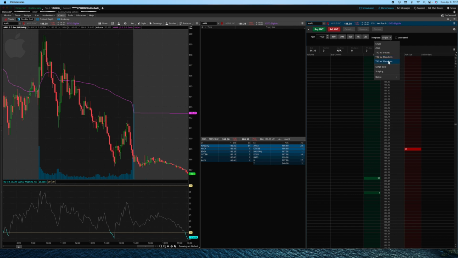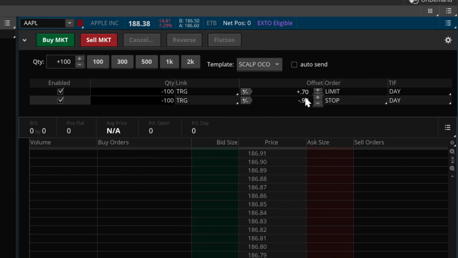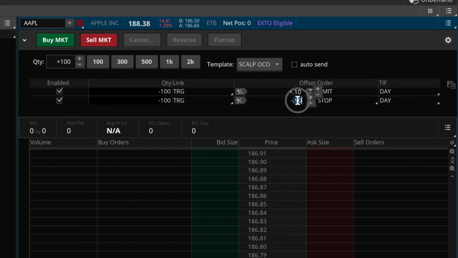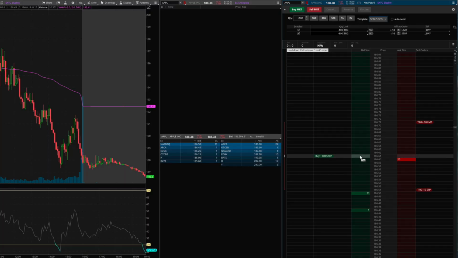One of the ones that I've used in the past is one that I created, which is Scalp OCO. I would use this to get in and out of trades very quickly with a predefined target price and a predefined risk level. And essentially what we have here is if we were to set this at a target price of 10 cents and set the same for the stop loss at minus 10 cents, what this is going to do, if we scroll down here in the active trader, we can see that if we were to buy here at $186.60, our target to sell is going to be 10 cents above at $186.70, and our stop loss is going to be 10 cents below at